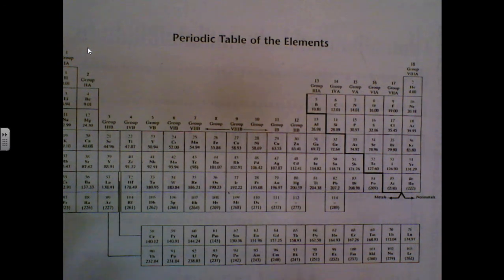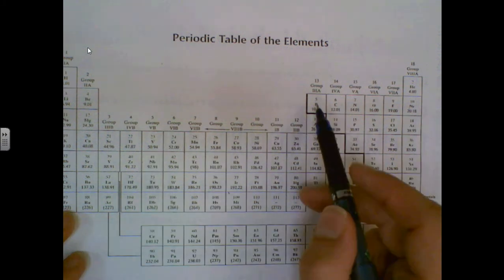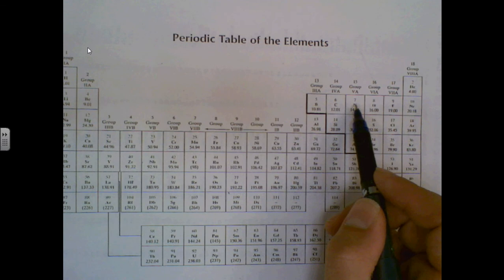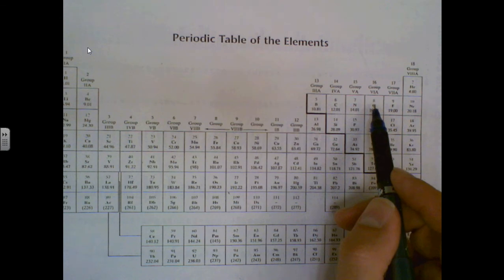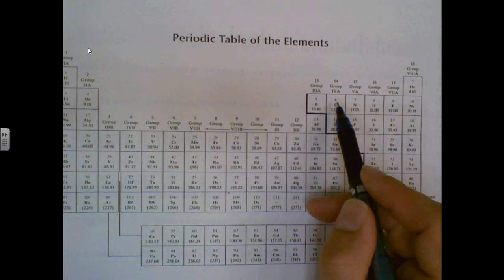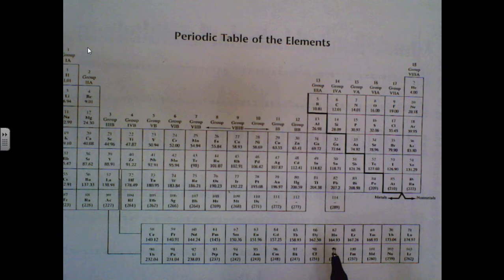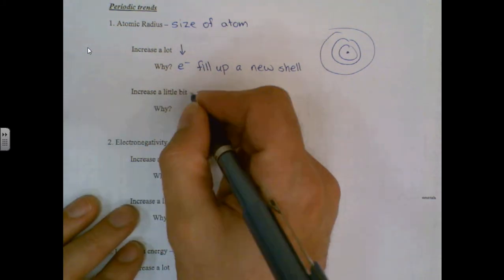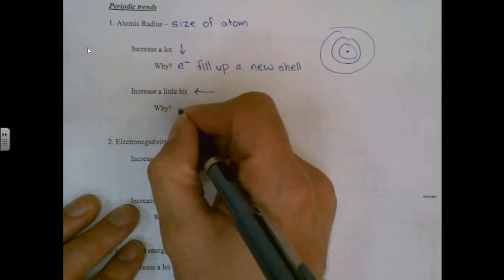What's less intuitive, possibly, is moving left to right and seeing which way gets bigger. Imagine again I go from boron to carbon to nitrogen to oxygen. As I move to the right, I'm not getting any new shells, but what I am doing is adding a proton to the nucleus. I go from 5 protons to 6 to 7 to 8 protons. And all those positive charges in the middle serve to attract the electrons and suck that into a tighter and tighter sphere. So atomic radius increases a little bit actually as you go to the left on the periodic table. Why? Because